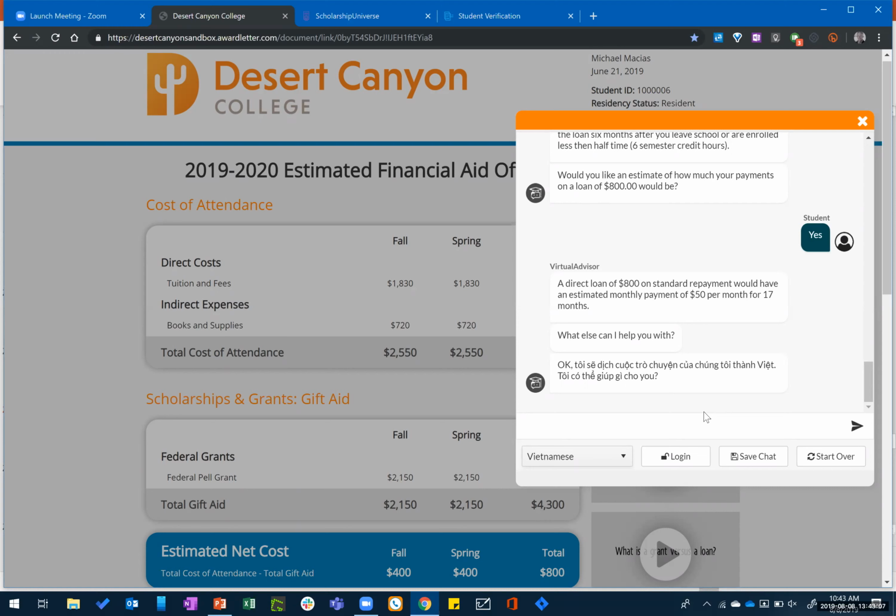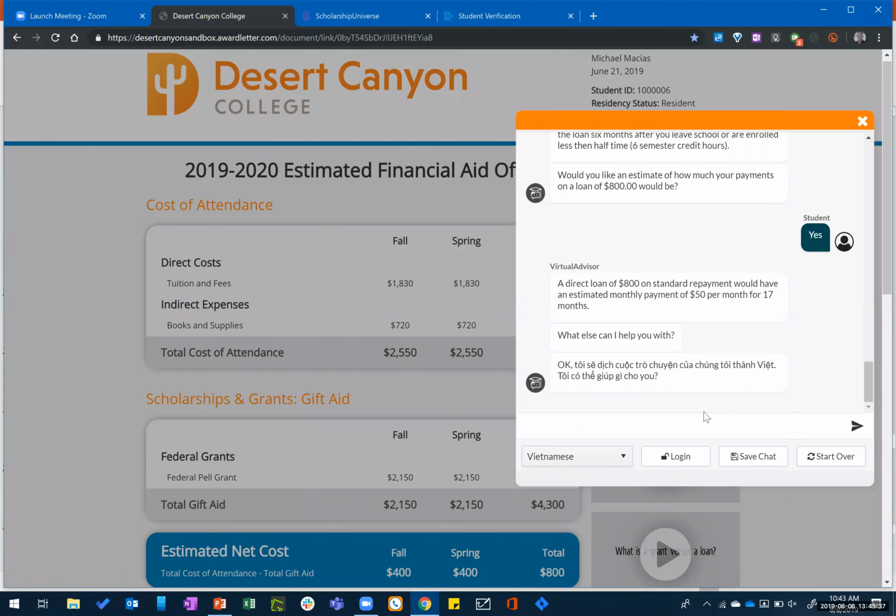Can it respond to any functions outside of financial aid? Yeah, so the content that it will come with trained out of the box will be basic, what I call federal financial aid content. But then you as an institution can train the bot on your localized content, and that can be content from other departments, because we know even though they're talking to VirtualAdvisor in the context of financial aid, they may ask a question outside.